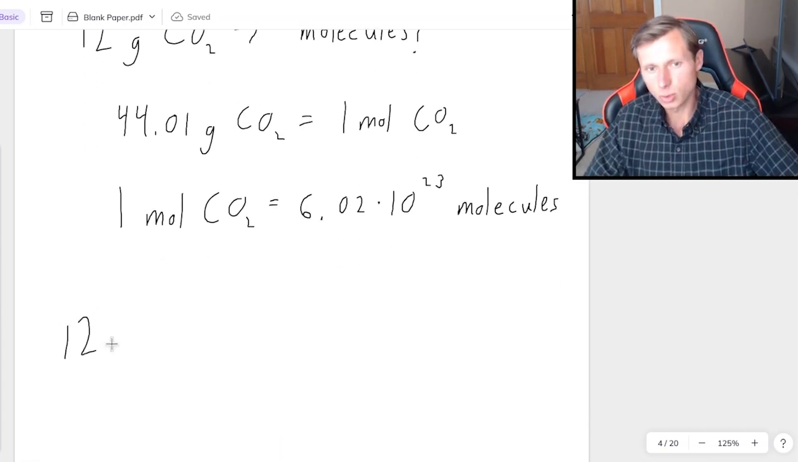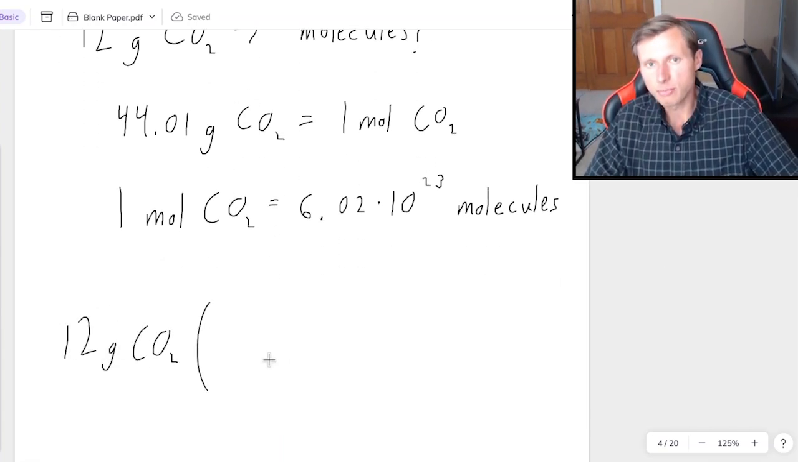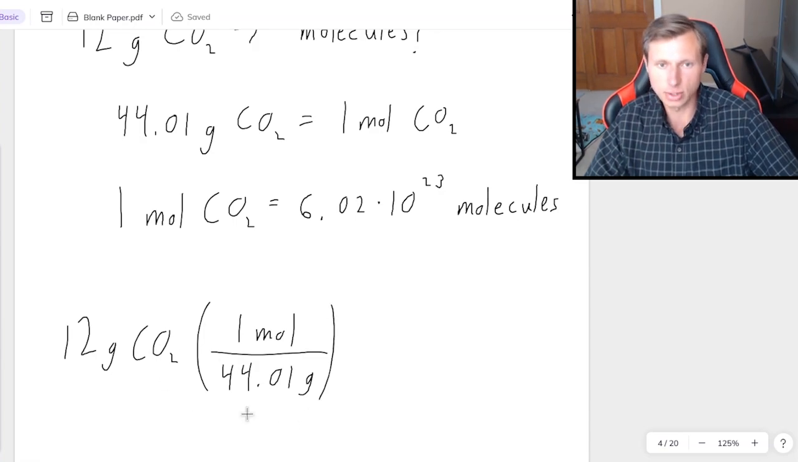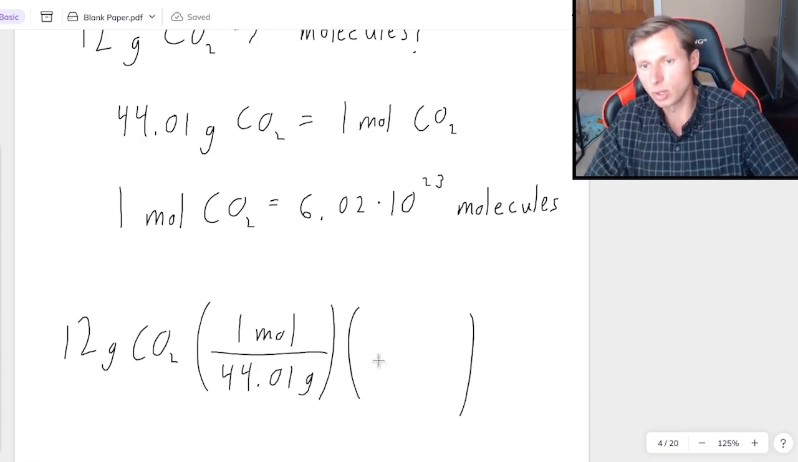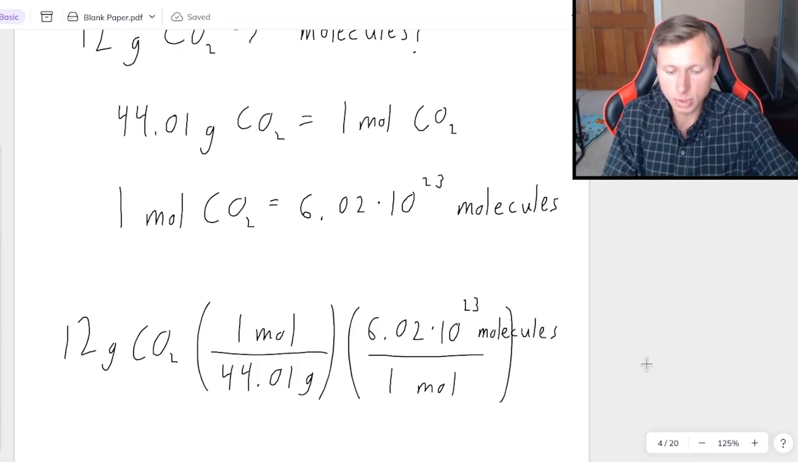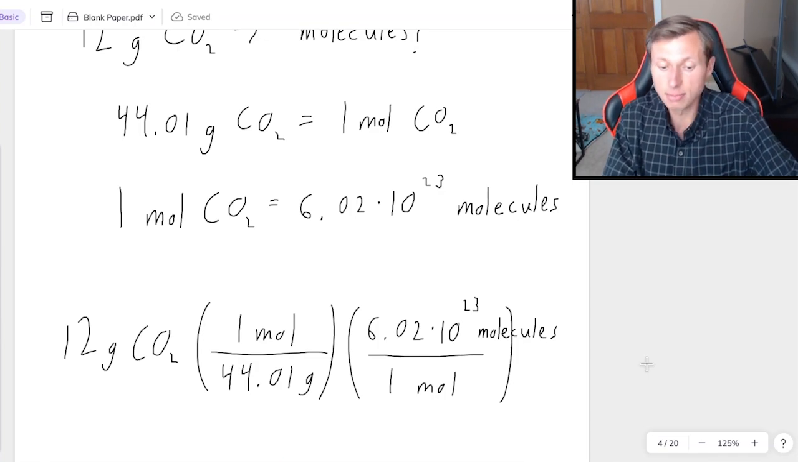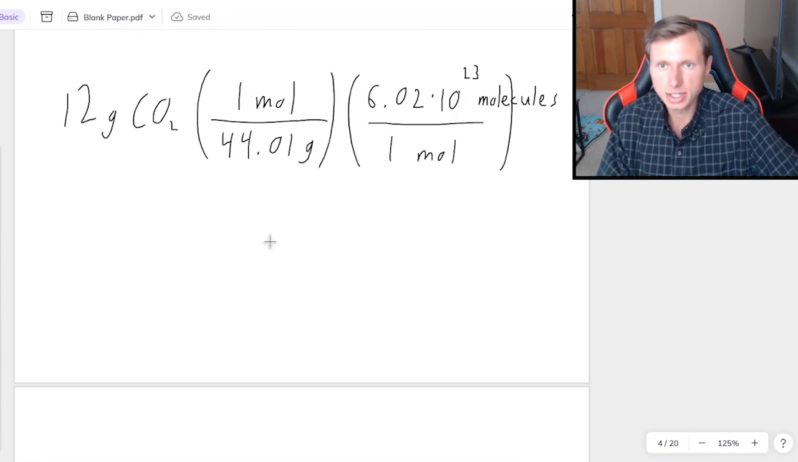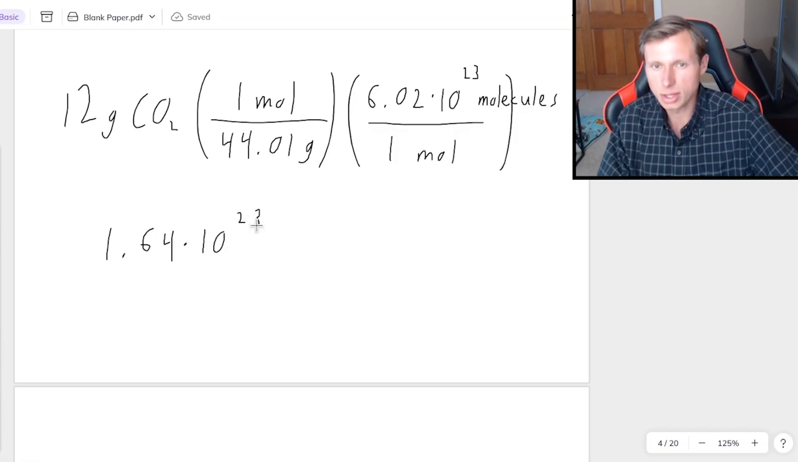Okay, so first, 12 grams of CO2. I'm first going to multiply by 44.01 grams in the denominator with 1 mole in the numerator. That cancels out grams. And then I multiply by the next one, which is going to have 1 mole in the denominator and 6.02 times 10 to the 23rd molecules in the numerator. And then so it looks like I'm doing 12 times 6.02 times 10 to the 23rd, and then divided by 44.01. And that's going to give me an incredibly large number of 1.64 times 10 to the 23rd, and that